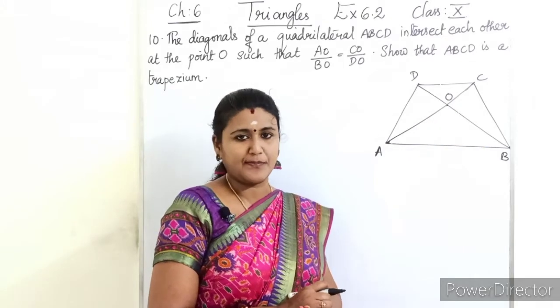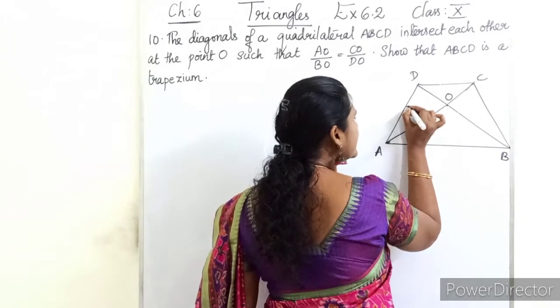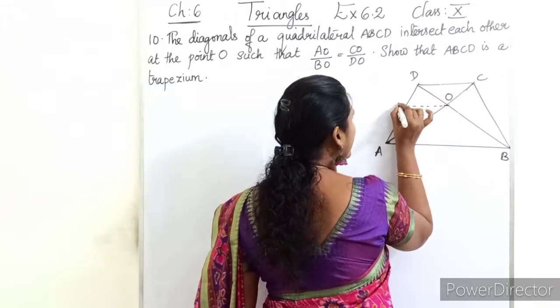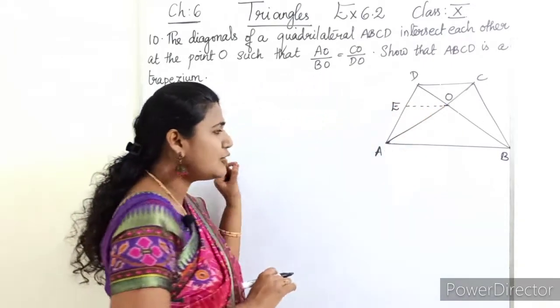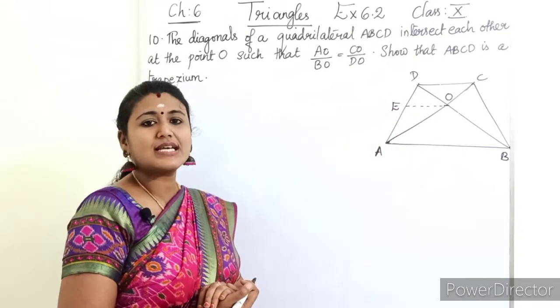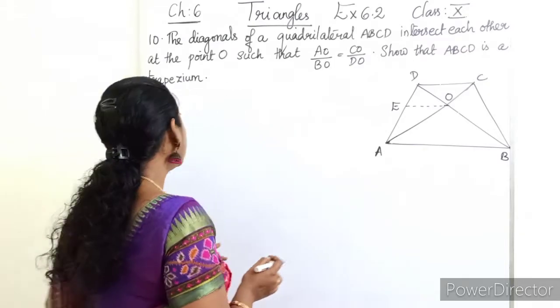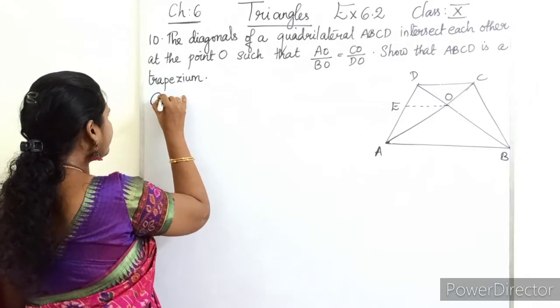is a trapezium. For proving this, we are going to do a construction, that is EO. Draw the line EO parallel to AB. This construction we are going to do for proving this question. So first we will write given